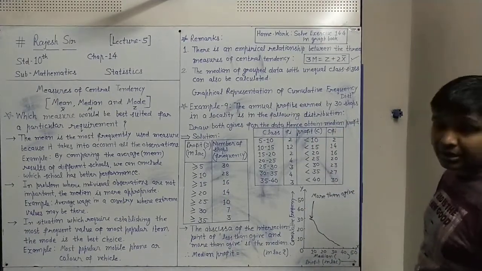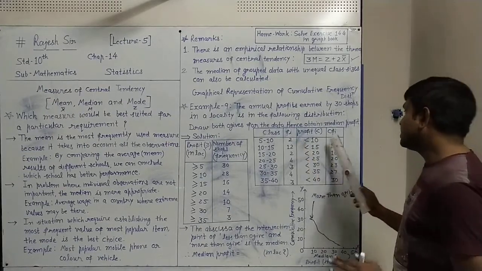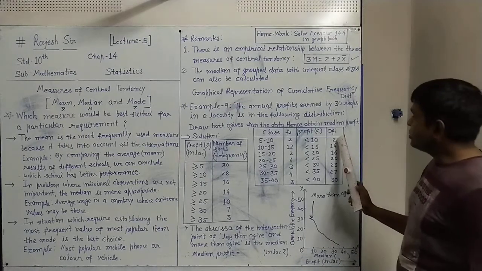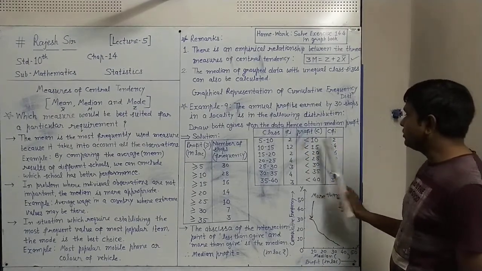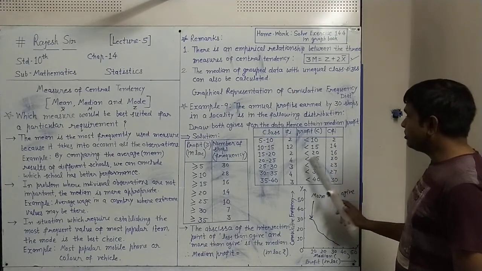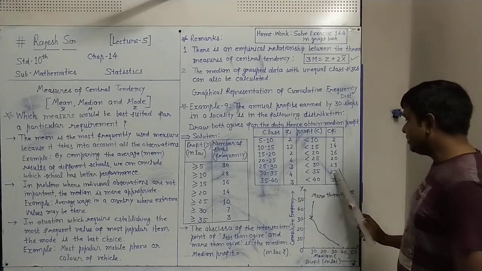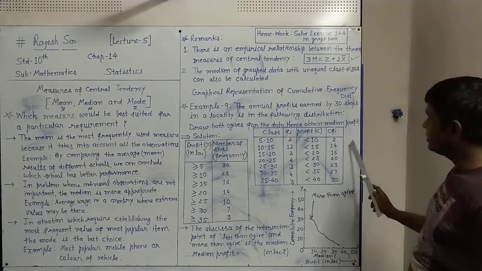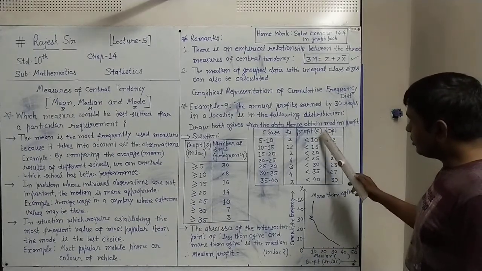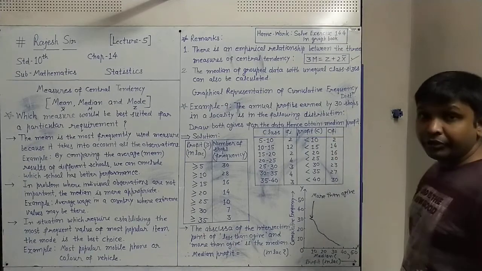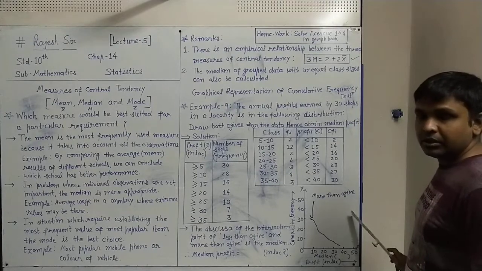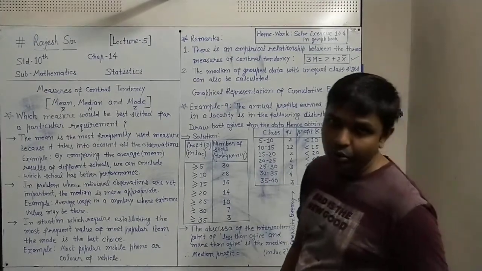In last lectures we have seen the same way. For the first frequency as it is we write, and for the next coming cumulative frequency will be addition of this next to next. 2 plus 12, 14. 14 plus 2, 16. 16 plus 4, 20. 20 plus 3, 23. 23 plus 4, 27. 27 plus 3, 30. This way we get cumulative frequency. So now we have the profit less than also and their corresponding cumulative frequency also. Using these two values, if we plot the points, then we get the less than type ogive.